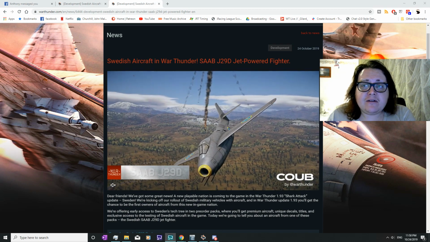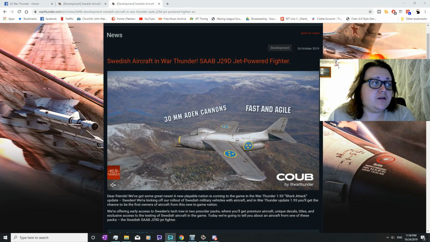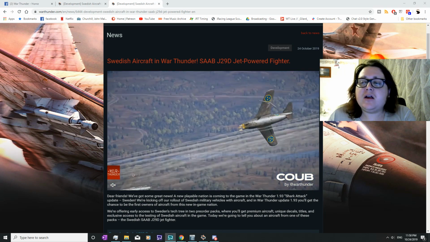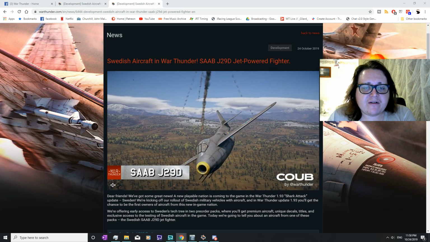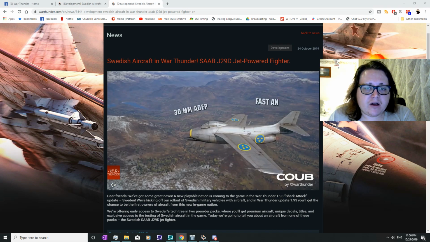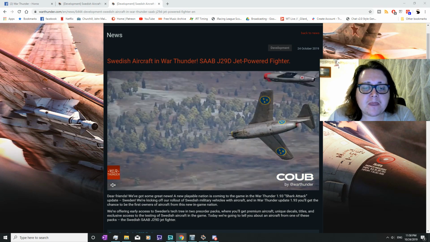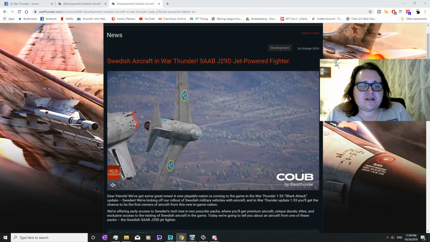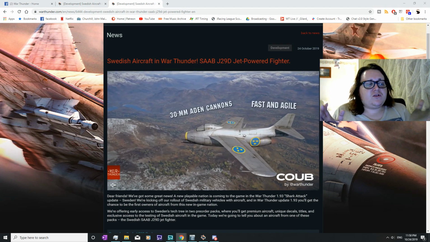J29D. Now, the J29D Tunan, or Tuna, as I did read it earlier on today, is basically a prototype variant of the J29 jet, the Saab. Now, this was a very successful little jet fighter, very cool little prototype, Cold War era, sort of like a...